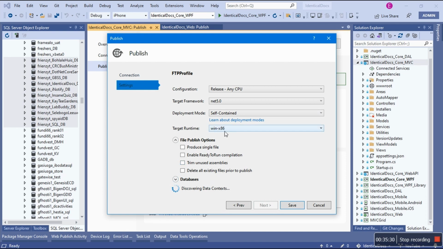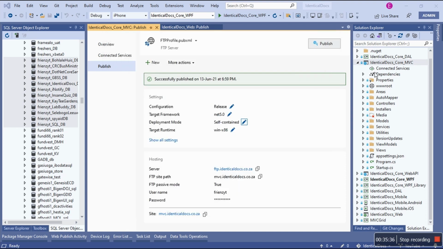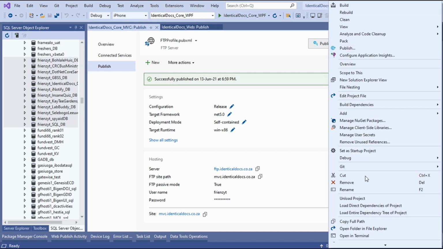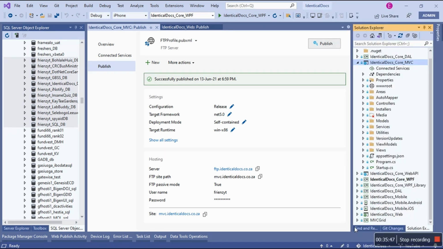So this is what people have been asking: how do I end up pushing it? It depends on your hosting provider. So I'm going to cancel and show you something about this. Right click, let's go to File Explorer. Because you don't just want to say, I'm going with self-contained. It's too expensive and it takes a while. If you have slow internet connectivity, things are not going to be pretty. Okay, cool. By the way, I'm not done with where I'm at.